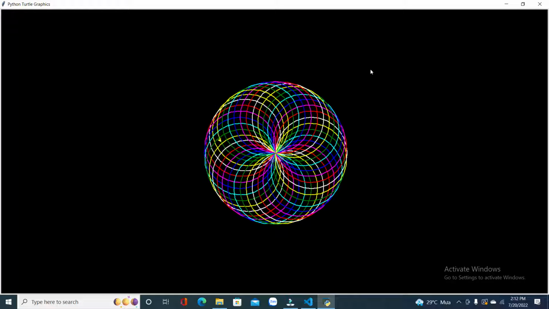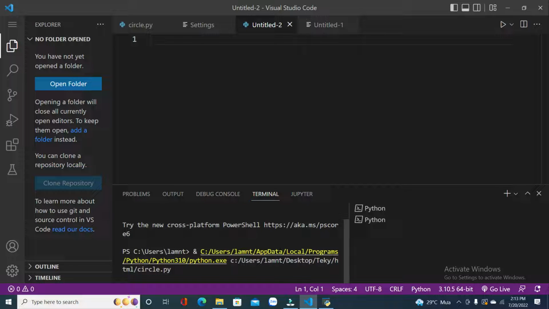I'm going to wait until this drawing is done. I think it's going to be done soon. Alright, so that is the picture we receive after finishing the algorithm, which is beautiful. So to create this pattern,